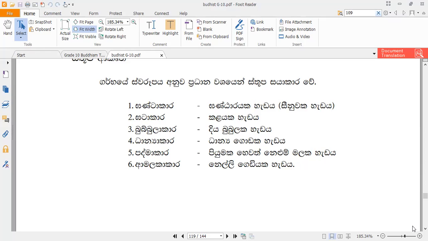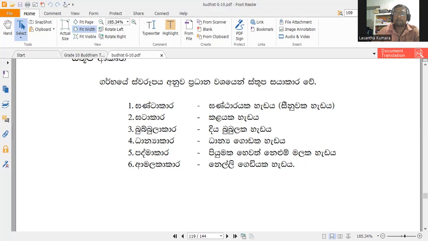If you get a question in part 2 regarding the stupa, there are different names: stupa, Chaitya, Dageba, Pagoda, likewise. Most commonly it is Chaitya, Stupa, Dageba. There are 6